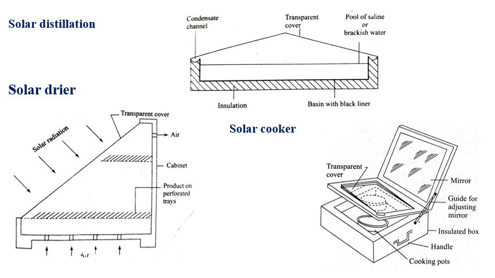This minimizes heat loss due to conduction. When this type of cooker is placed in the sun, the blackened surface starts absorbing sun rays and the temperature inside the box starts rising. The cooking pots, which are also blackened, are placed inside, the food material gets heat energy, and food will be cooked in a certain period of time depending upon the actual temperature inside. So in this way we can